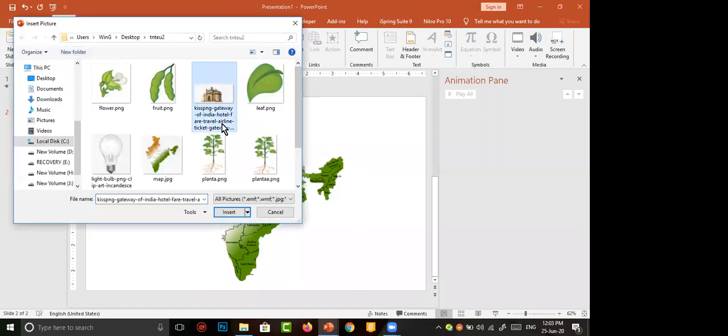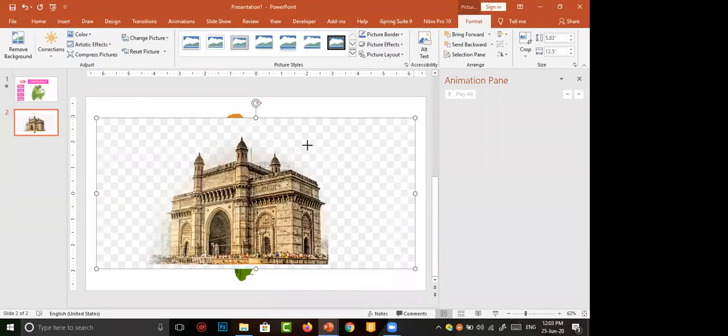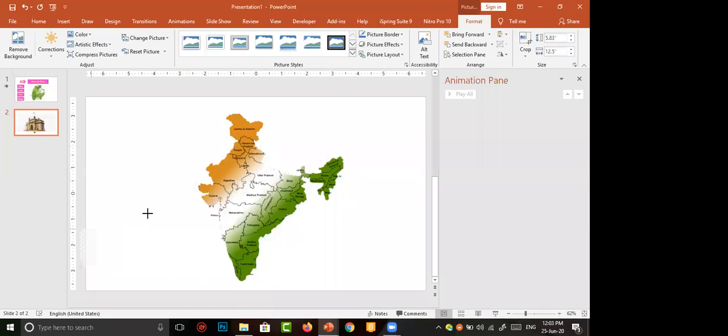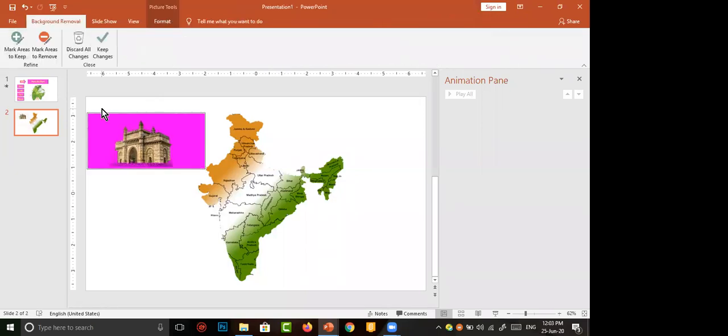I downloaded this one. I inserted it. I resized it. I placed it in some other place. I go to format, remove background. But this remove background option is only available in MS Office 2019 and MS Office 365.